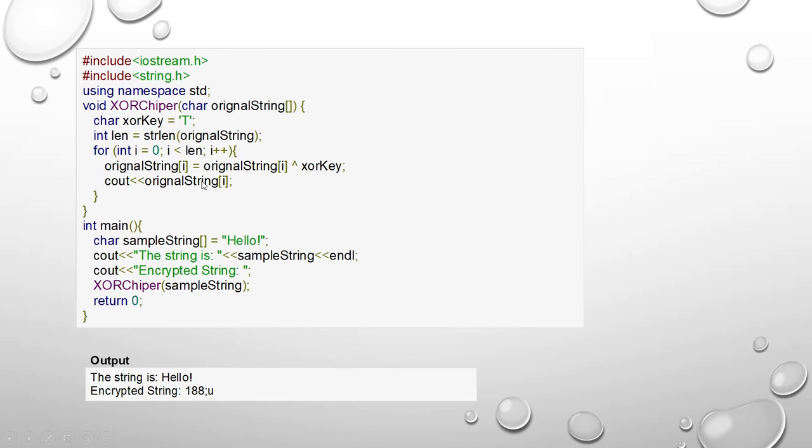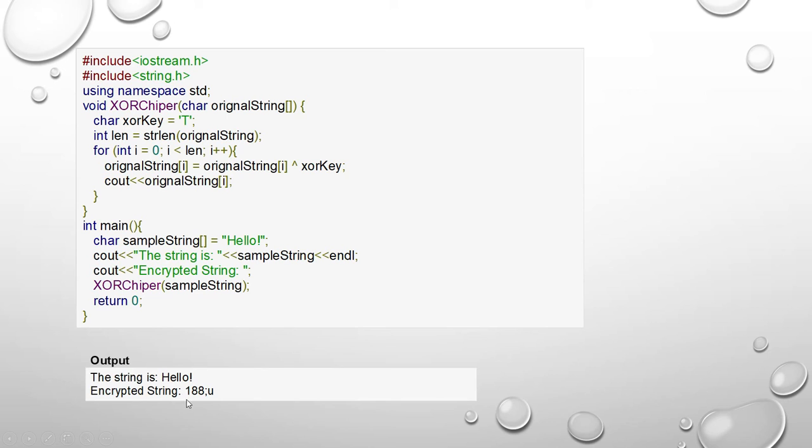Whatever the value is here, that is stored in the original string array at location 0. It continues for the next location, location 1, then 2, 3, in such a manner converting each character.